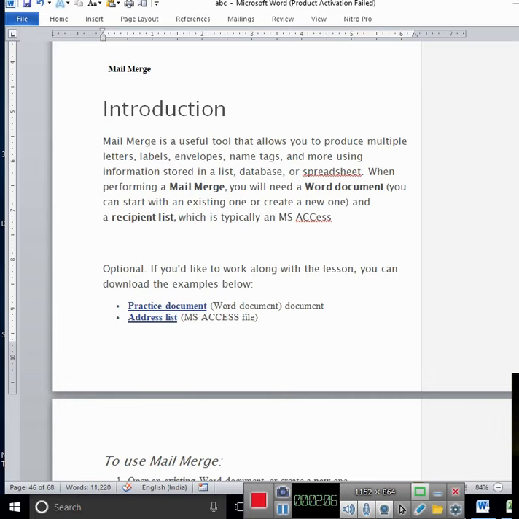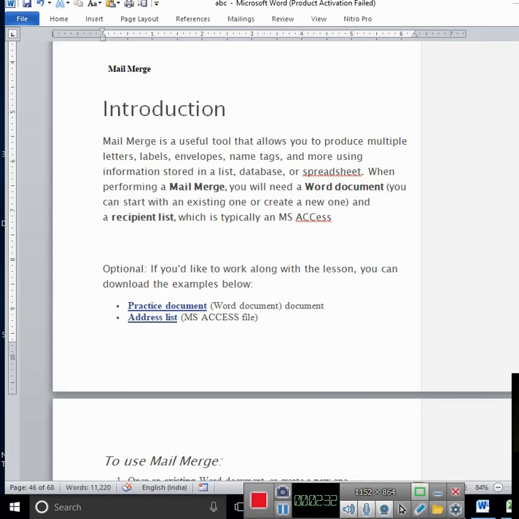Or we can say in any organization one meeting is scheduled and you want to send the message through mail merge. Again, in this situation the message is common and the recipients are different.